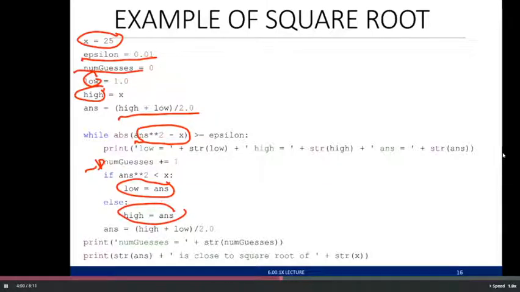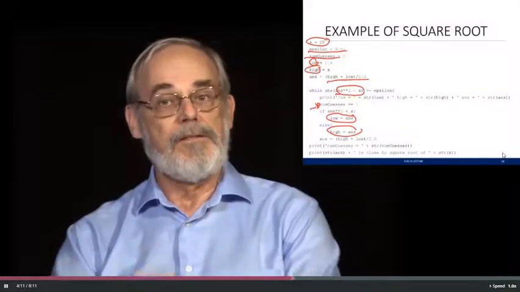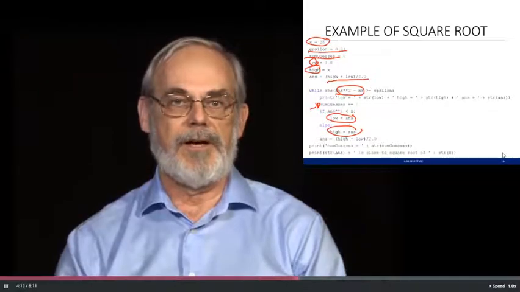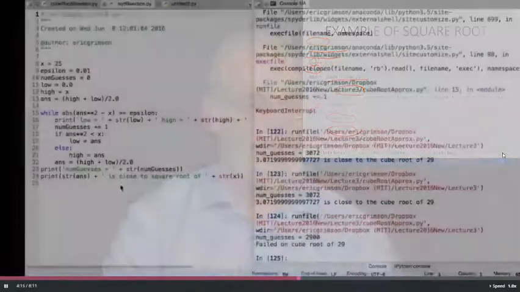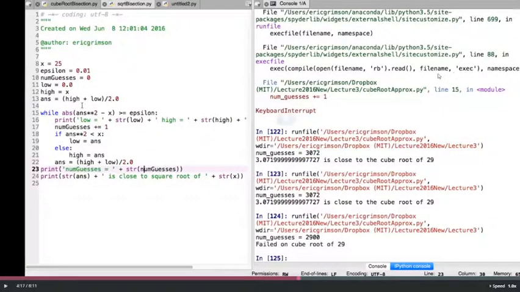As I did before, I start out here. If answer was too big, I change the high range to bring it down into there. If answer is too small, I bring the low range up into there, and I keep sorting it down until I get into something that's reasonable. This algorithm just captured that idea I just described. So let's try it out. We'll do it with 20. So let's code it.